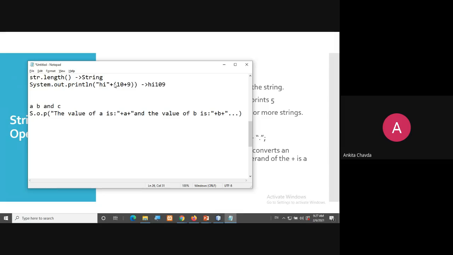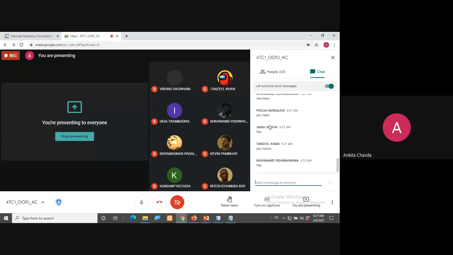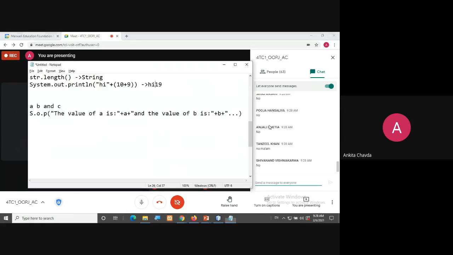So it will be treated as, okay, this plus is only the separator and this 10 plus 9, they need to perform 19 and then it will print 19 over here, right? Otherwise not. But here again it is a plus, so that will do the concatenation. So hi 19, that will be printed. Okay, correct? Any doubt in this? No. Good. Very nice.